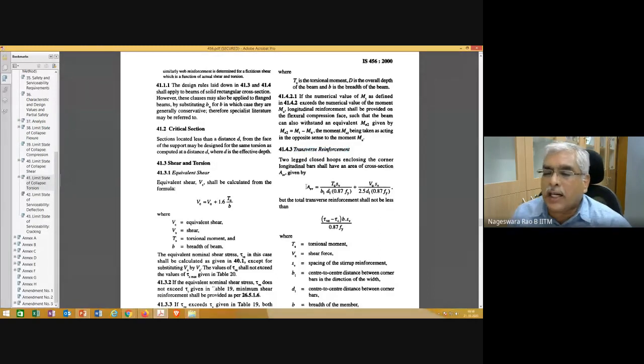Here, shear reinforcement requirement is given in terms of area of the stirrups, area of cross section of this transverse reinforcement. Please take a note of this relation.